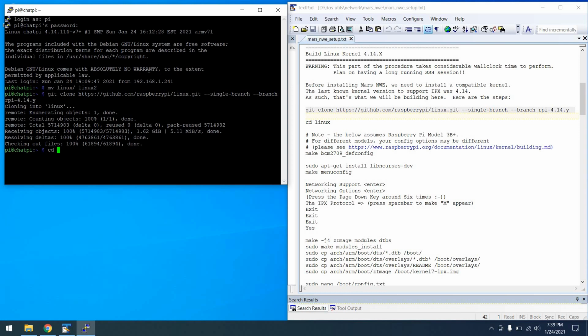So I'm going to cd linux to change into this. And from there, we can go ahead and run a make command to configure this particular kernel source for the Raspberry Pi Model 3B Plus. Now, if you don't have a Raspberry Pi Model 3B, there's probably a different parameter you need to pass in here,